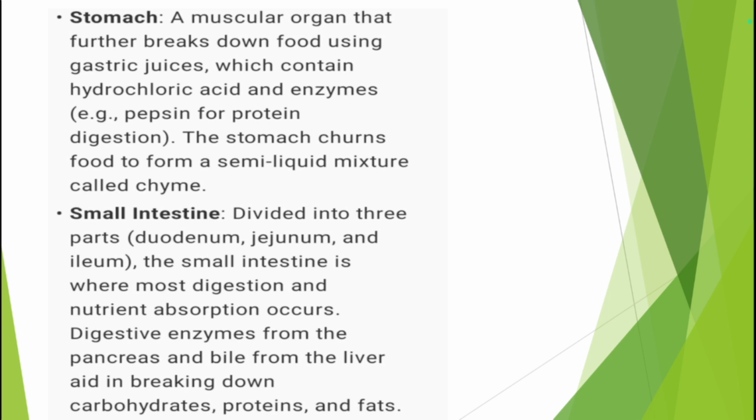In that muscular structure, pepsin, then hydrochloric acid, and especially mucus are secreted, where pepsin can digest the protein. The HCl will kill the germs and it will also activate the pepsin, as pepsin needs an acidic medium to be activated. So hence the hydrochloric acid is released. Then mucus, which is a semi-liquid mixture,